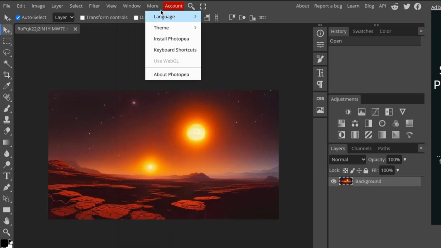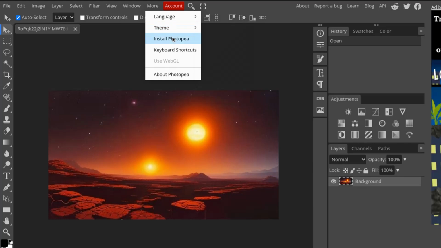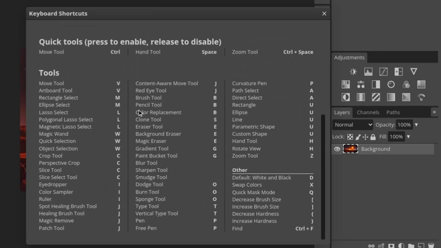work with. And under the more, you have the language, the themes, and if you wanted to install the Photopea app right onto your Chromebook, there's the shortcut to that. And then some keyboard shortcuts, which we'll actually look at right now. Now, the same keyboard shortcuts that you're used to using in other apps work just fine within this app, such as Control-C for copy, Control-V for paste, and all that. As you see, they're right here listed. And if I scroll down, you see many more shortcuts for the various tools there.